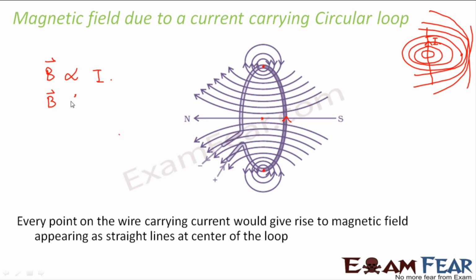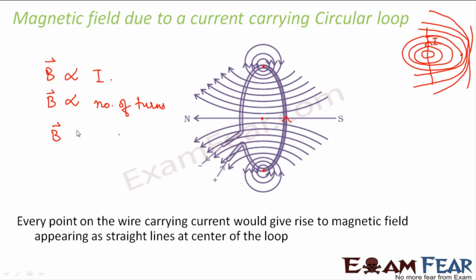In this case, magnetic field also depends upon the number of turns. That means if you have more number of turns on this wire, then the magnetic field increases. If you keep the compass here, first you take a single loop, then you wind that circular loop with 100 turns of a copper wire. So the amount of deflection increases. So in this case, the magnetic field also increases with the increase in number of turns.